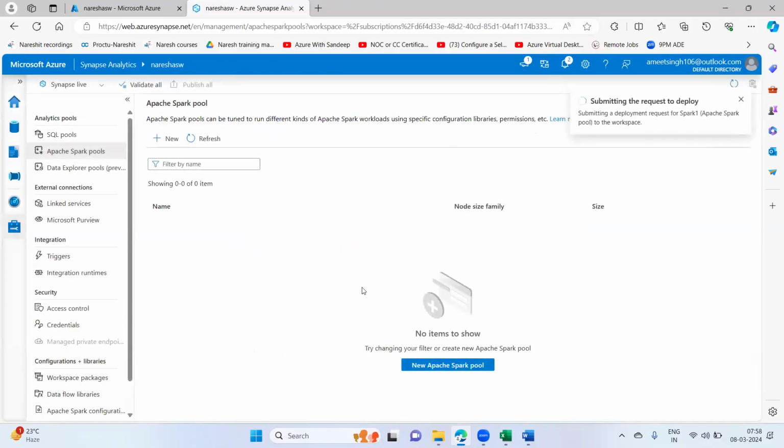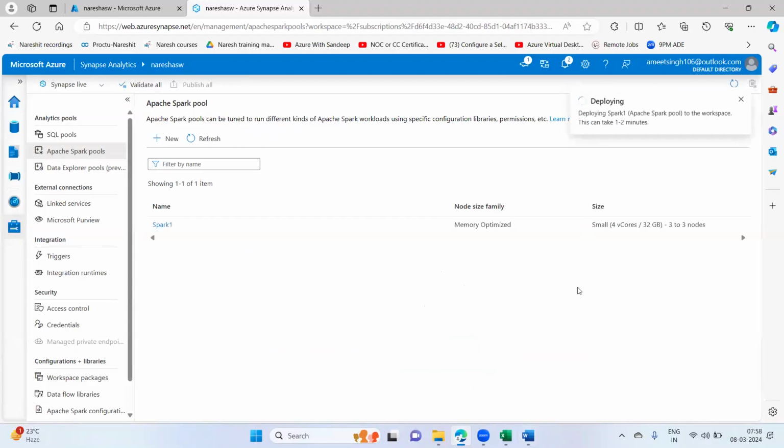Then go for the Apache Spark pool provisioning. Okay, don't go beyond 3.3, guys, because we are doing it in a free trial. A free trial will not support multiple nodes like 10 or 15 to 20, something like this. Then it will fail miserably. So 3.3 is fine, because anyhow we are going to execute medium to small level scripts only, not a very high volume of data. Fine. So once I click on create here,